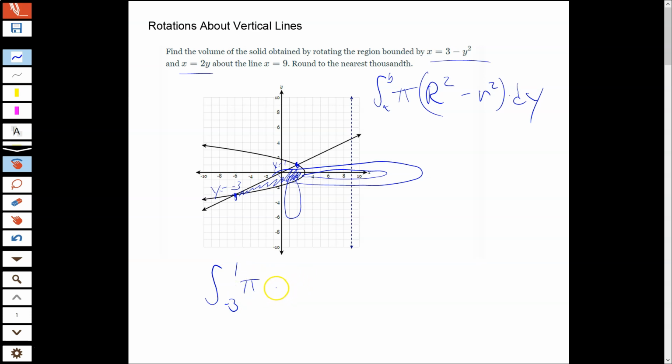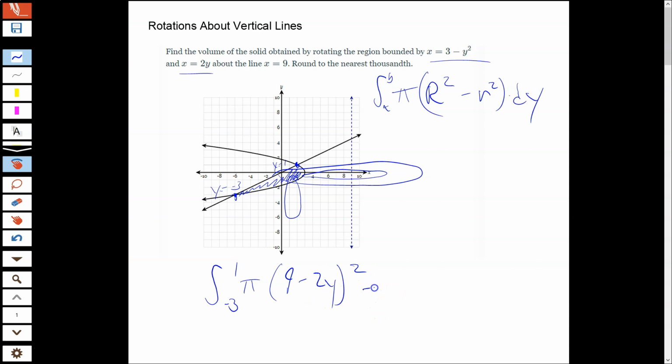radius minus small radius, right? Well, my big radius is now the leftmost. It's the one that's furthest away from this vertical line. So my big radius is my linear function, and it's the linear function's distance from that line, 9, right? So I'm going to say 9 minus 2y